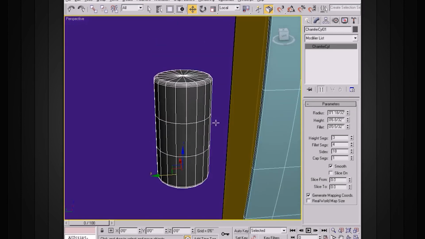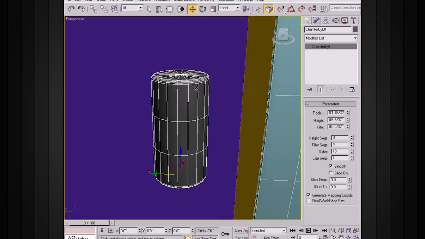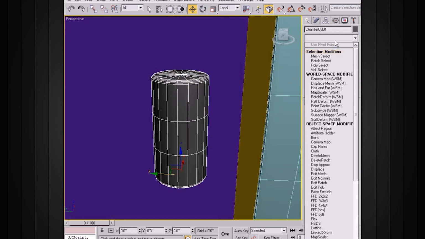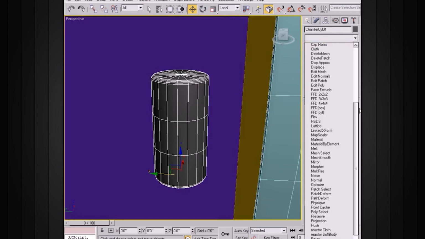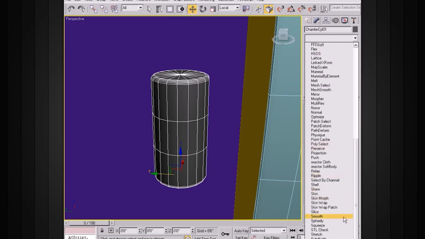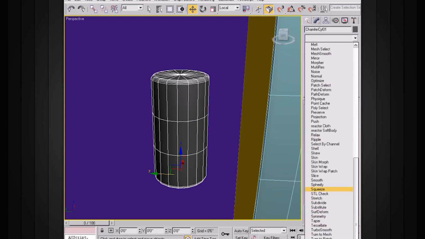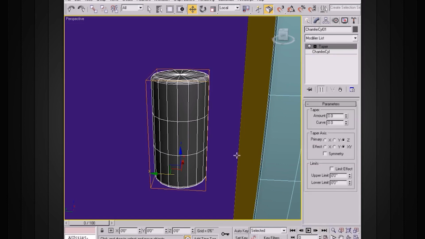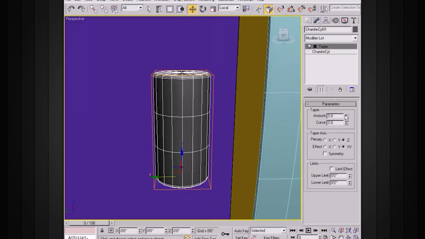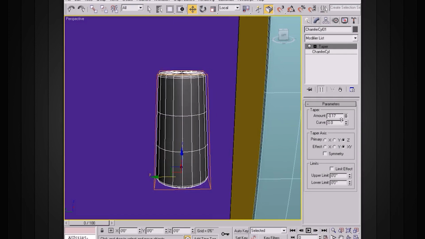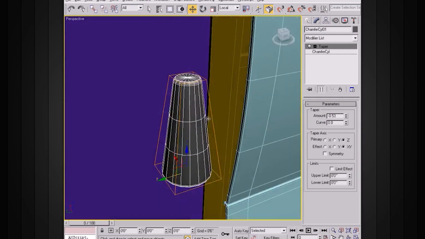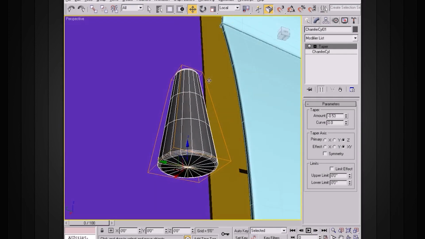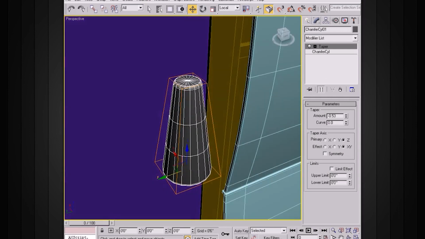Now what I want to do is take this and shape it a little bit, so I'm going to add a modifier to this. I'll add a taper. We'll go to the modifier list, go down to the T's, and find taper right down here. We'll add a taper to that and change the taper amount. I want to taper it down like this. Once we get that set and we've got everything the way that we want it,